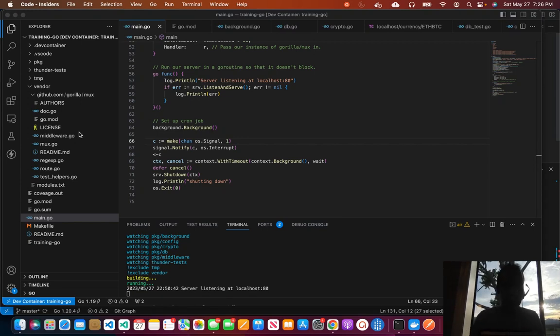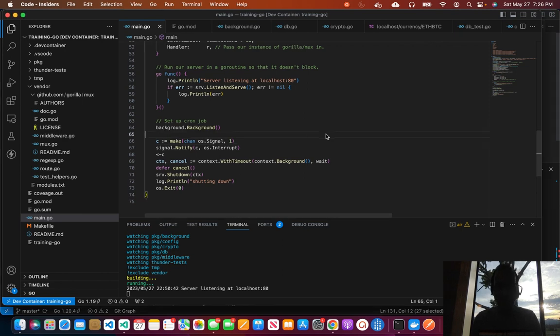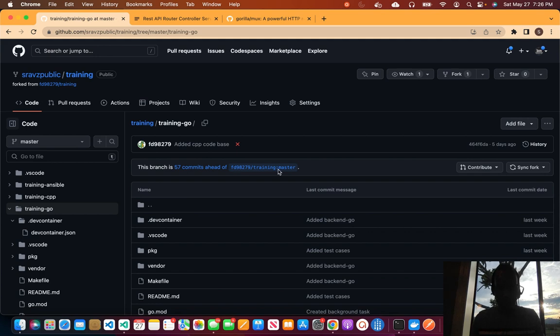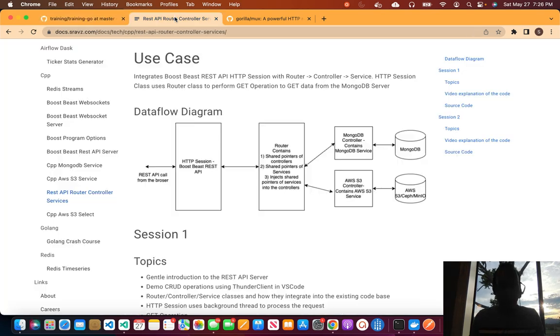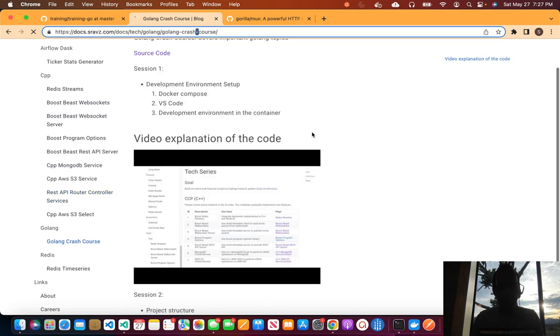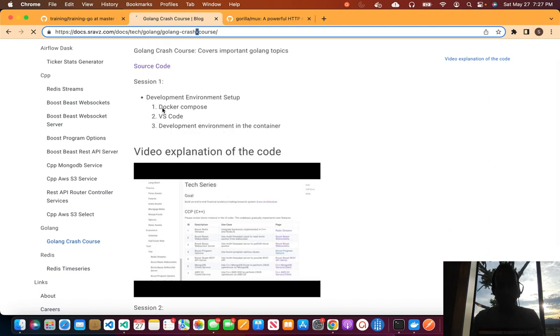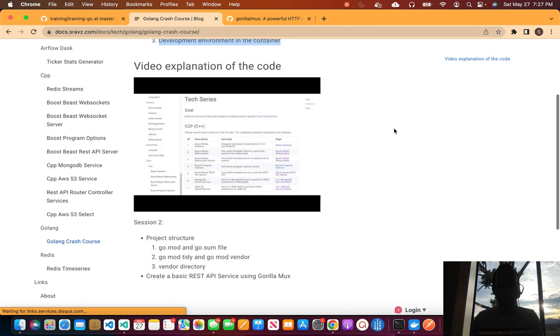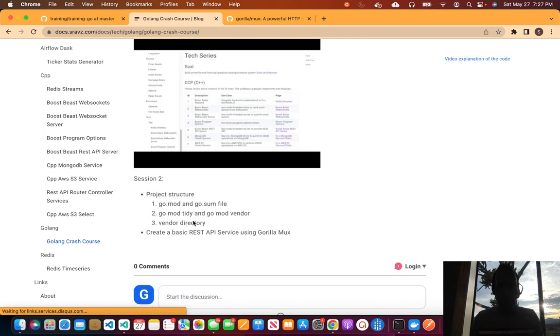In today's session, we'll continue with the Golang crash course. In the previous session, we discussed the development environment setup. So Golang crash course, this is the link. And we discussed the development environment setup, where we discussed Docker Compose, VS Code inside a container, and the development environment in the container. So today we'll go through the project structure, and then we'll discuss a basic REST API service